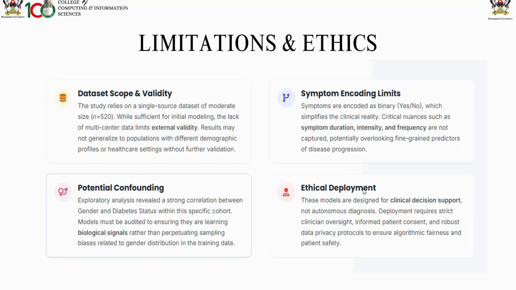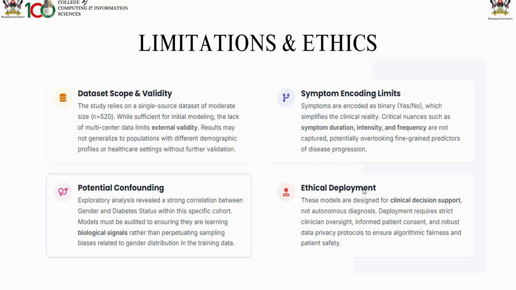Now, of course, for any research or project you're undertaking, there must be limitations and ethics. In this case, our limitation was data scope and validity. Our data size was 520 records. Then potential confounding, where the effect of confounding variables comes into play. And then symptom encoding, where symptoms are encoded as binary yes or no, true or false, or Boolean, which simplifies the clinical reality. Critical nuances such as symptom duration, intensity, and frequency are not captured, potentially overlooking fine-grained predictors